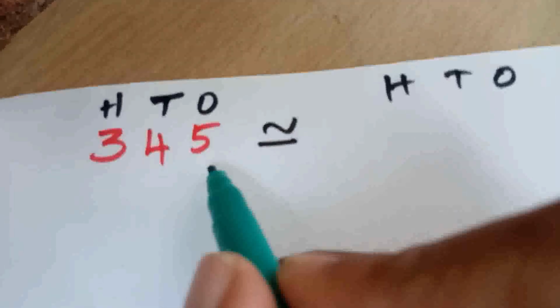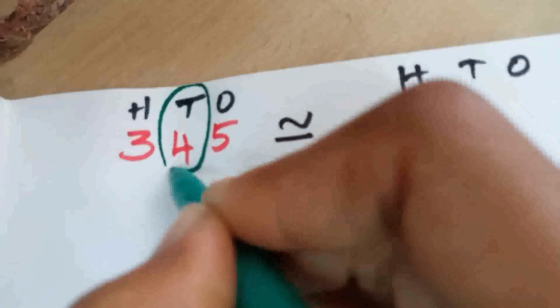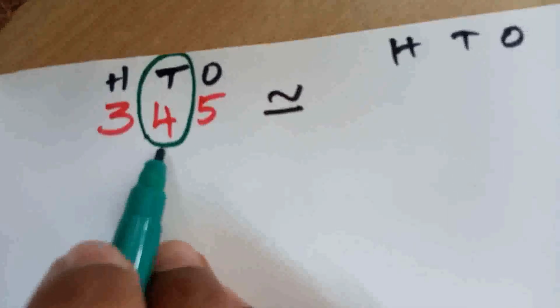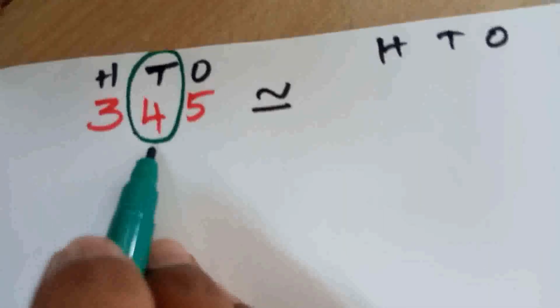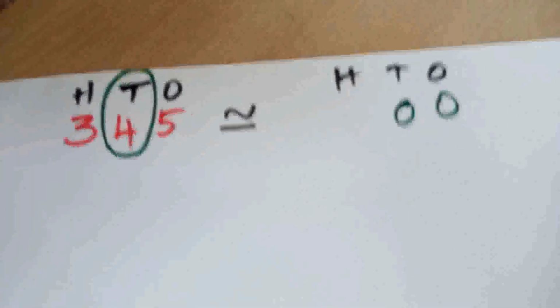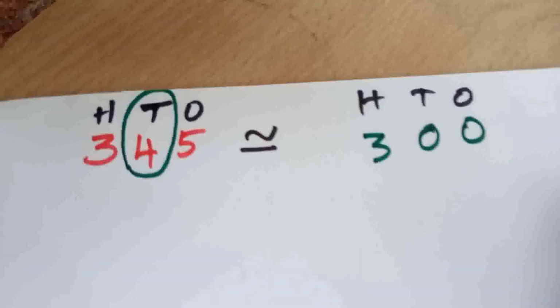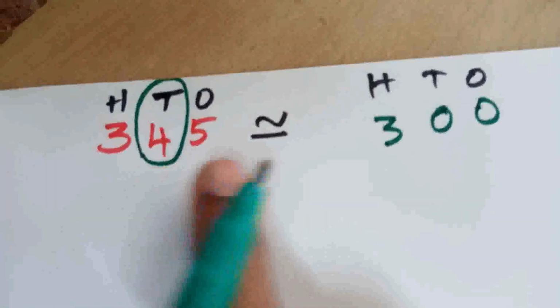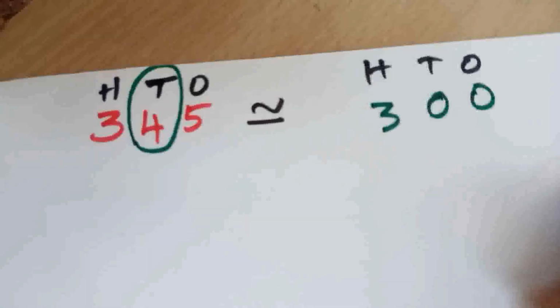So this is a second example. Nearest to 100 means you have to observe the tens place. First you have to circle the tens place. See what number is in the tens place? 4. So 4 is less than 5 or more than 5? Less than 5. Less than 5 means you have to put 0 in the ones and tens place. The other digits you write as they are. 3. So this is the rounding off for 345. Any doubts? Shall we see the second rule for nearest to 100?